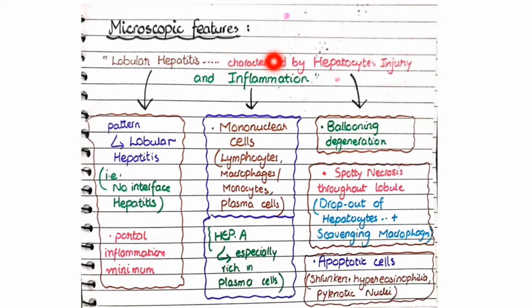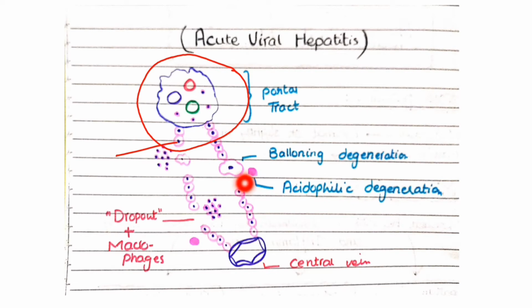Now the next keyword is characterized by hepatocytic injury. This injury to hepatocytes can appear in three ways. The first is ballooning degeneration. What does ballooning degeneration mean? Whenever there is cell injury, there is resultant cytotoxic edema in which the cells become swollen. So ballooning degeneration means that the cells appear swollen like a balloon, and degeneration means that the inside matter of the cell has started to degenerate. For example, here you can see an area of ballooning degeneration in which, due to the edema, the hepatocyte has swollen and the internal contents of the cell have degenerated. This is known as ballooning degeneration.